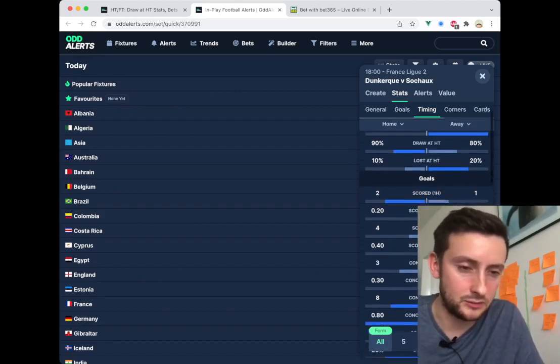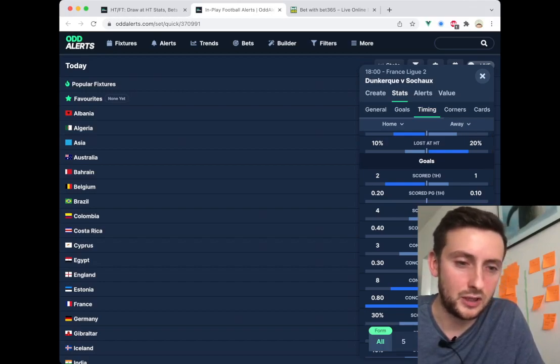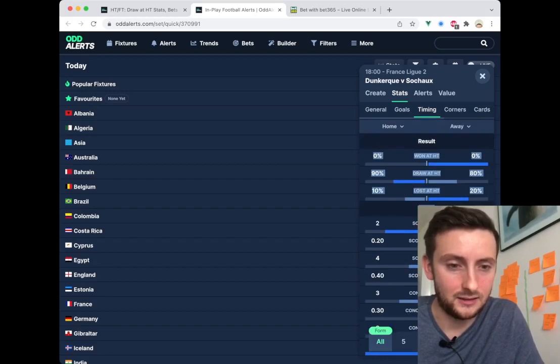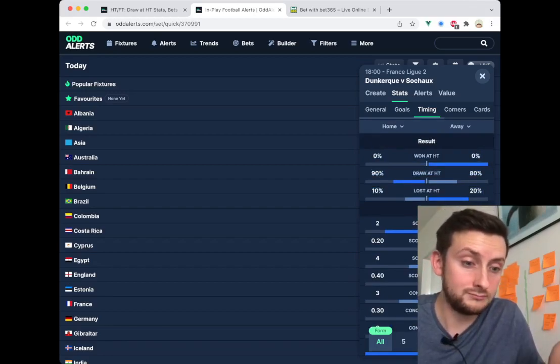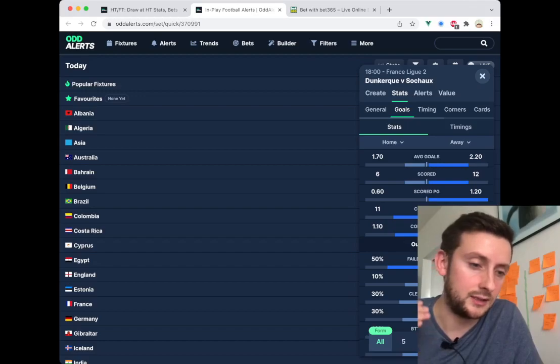These are the kind of things I would look at. So how many goals have they scored in the first half? How many goals have they conceded? And of course, these stats are majorly important when you're looking at either betting on the draw at halftime. Draw at halftime is a popular market, and people sometimes bet on the under for goals, but I just find